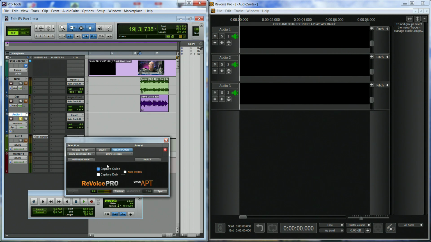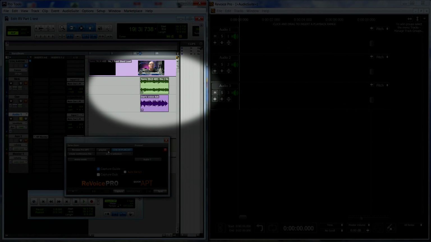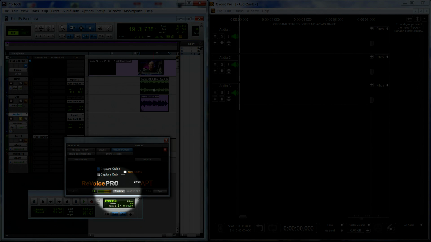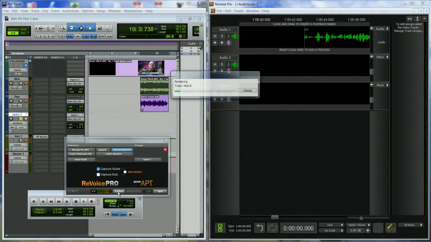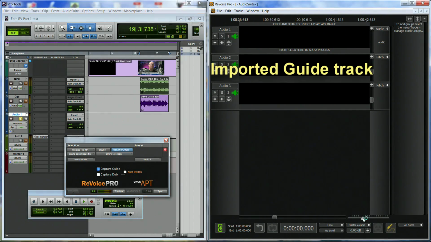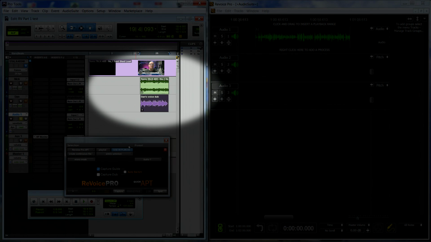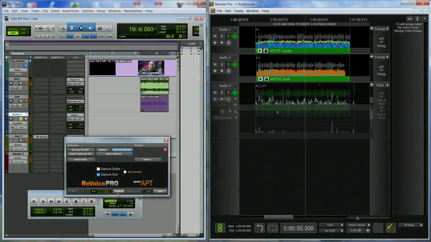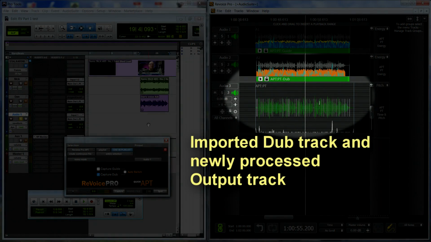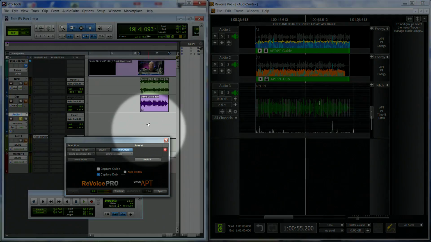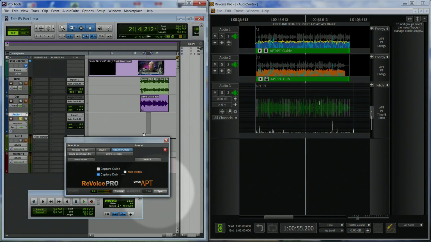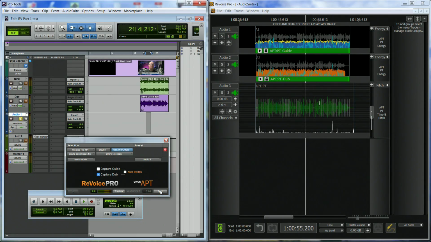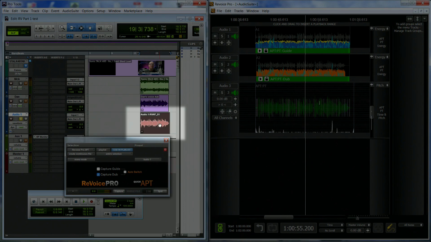To use Quick APT, first select the guide audio in Pro Tools and press the Capture button. Second, select the dub audio in Pro Tools, tick the Capture Dub box and press the Capture button. Select an output track in Pro Tools, and finally press the Spot button. Now, depending on the track selection, the new audio can replace the previous dub track, or it can be placed